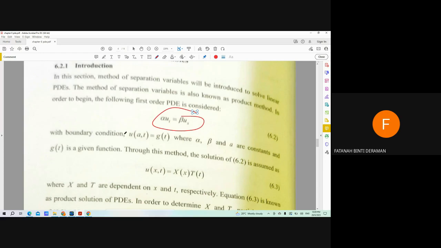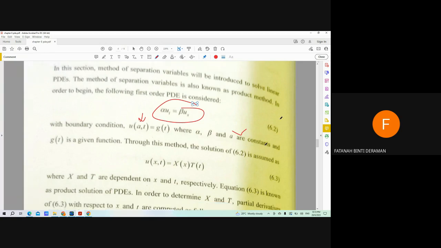Okay, with the boundary condition U(A, t) equals G(t). Where alpha, beta, and A is where? A is here, A is inside of U. A is a constant and G(t) is a function that they give. So the solution for this equation, we can assume that U(x,t) is this, and then after that